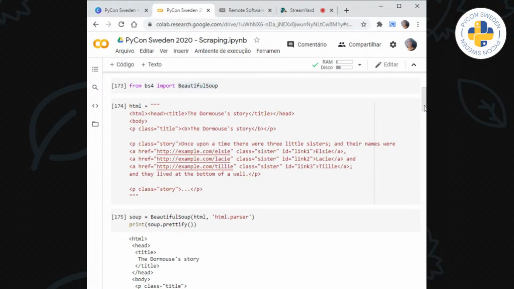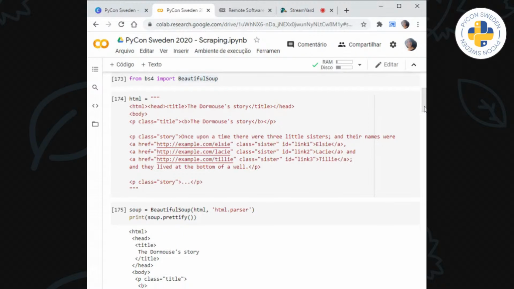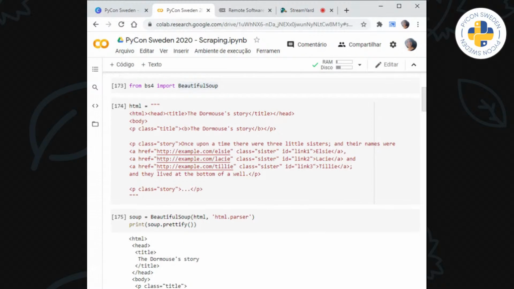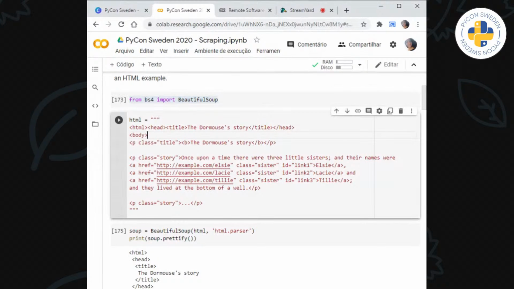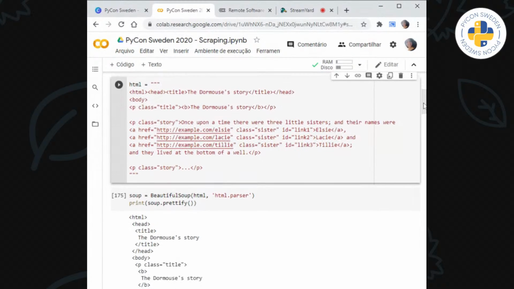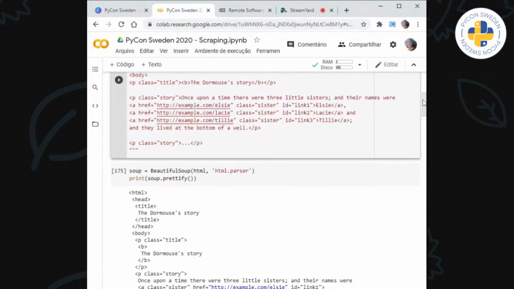It's just for us to get a little more used to how it works. First off, as with every other package you use in Python, you need to import it, and then here I just copied the same tutorial the docs have. It's just an HTML structure, because Beautiful Soup just parses that.